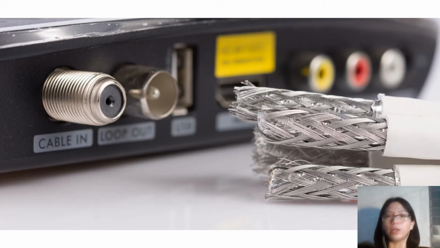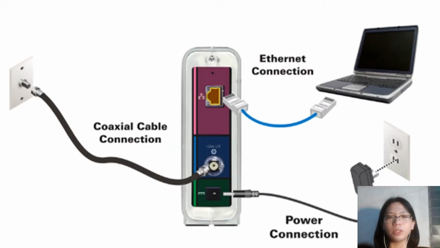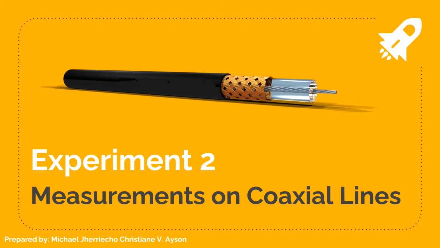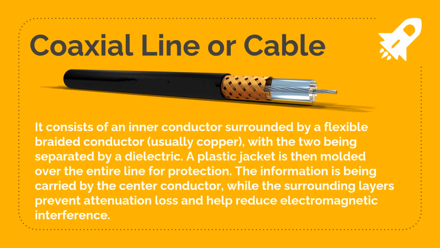We see them everywhere. We use them in our television sets. We also see them in our Ethernet connections. And we also see them being used in subscription televisions. We present coaxial lines. Coaxial lines or cable consist of an inner conductor surrounded by a flexible braided conductor, usually